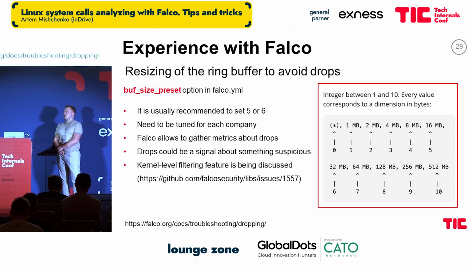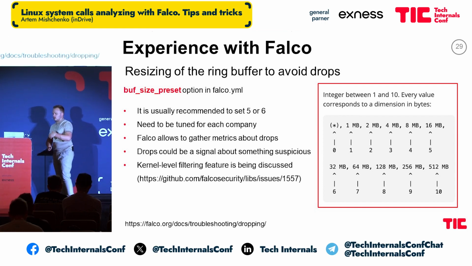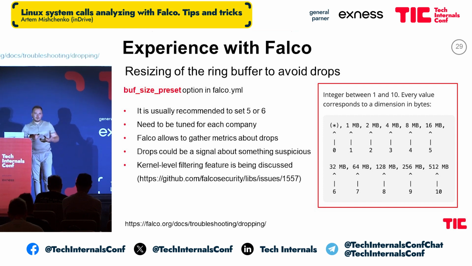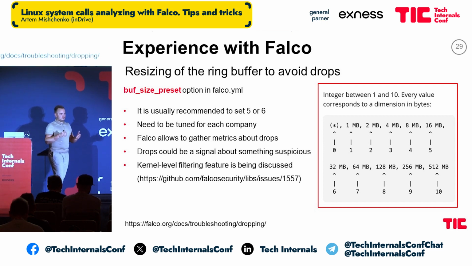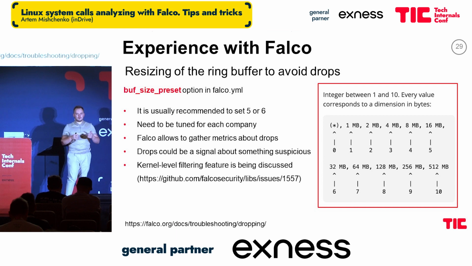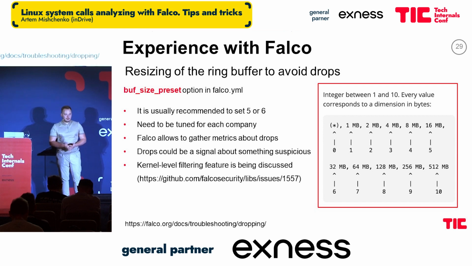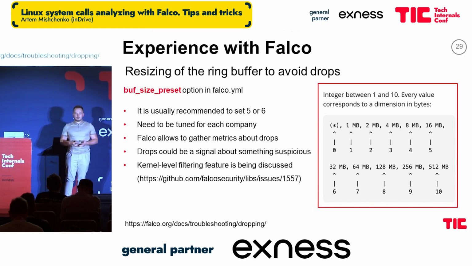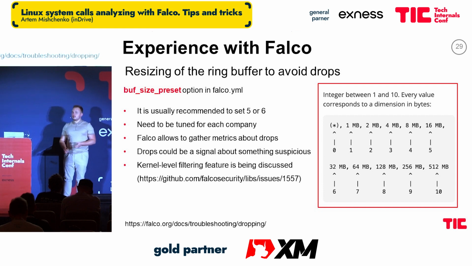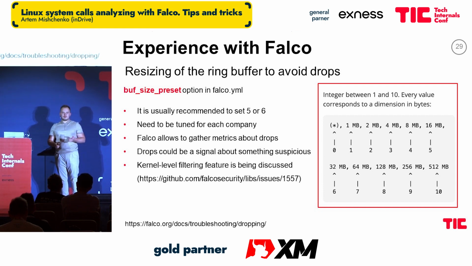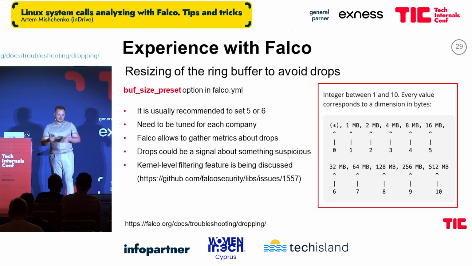Another very important part of Falco is the possibility of event drops. As I mentioned, Falco processes events in the user space, so it needs to send an unfiltered amount of system calls through a ring buffer, and sometimes if you have a high load, these events can be dropped. And to be honest, it was almost the reason some time ago to remove Falco from our infrastructure, but